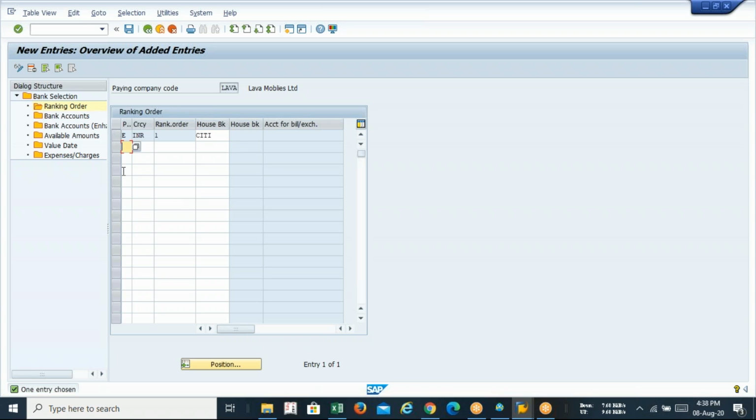The next bank is HDFC Bank, I think. So E, INR, this will be 2, and that will be my next bank.